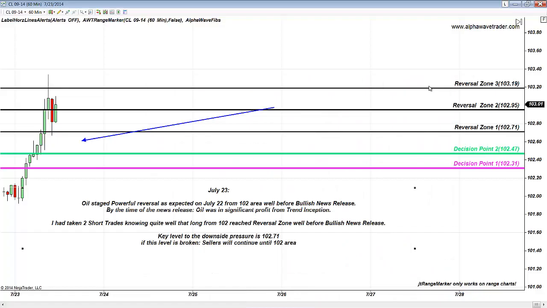Let's take a look at what happened this morning on oil hourly. If you would visit the Fibonacci forum, or social media, you would see that we discussed since yesterday placing a long on oil at the 102 area. It is extremely critical and extremely powerful to identify powerful buying levels.